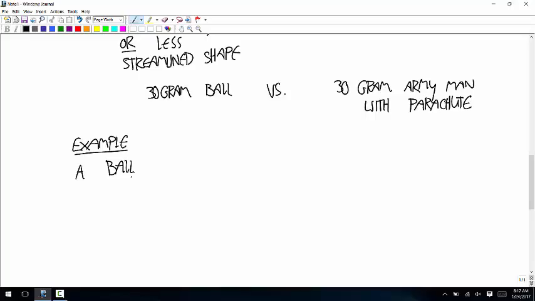I ring that bell whenever I'm going to do a problem involving a ball rolling on a ramp. At your AP test, I'm going to be in there with a bell trying to signal you. A ball on a ramp. Remember what I said.